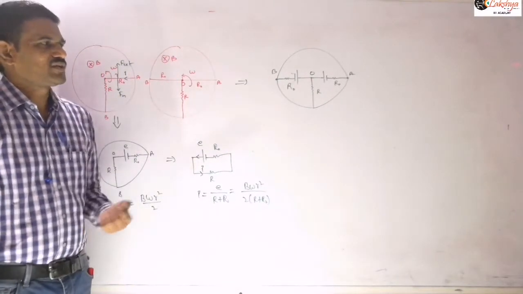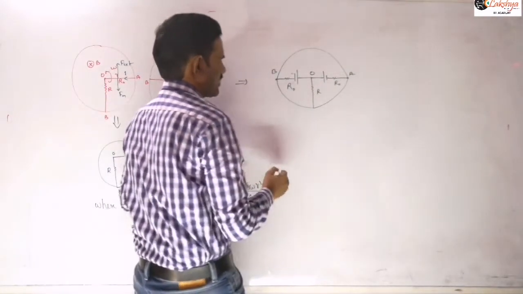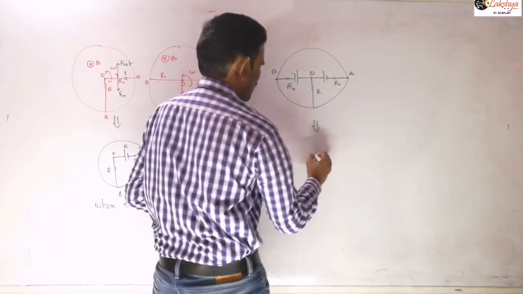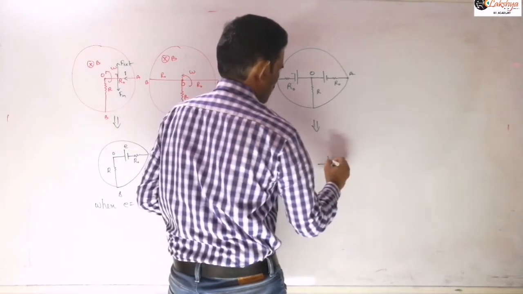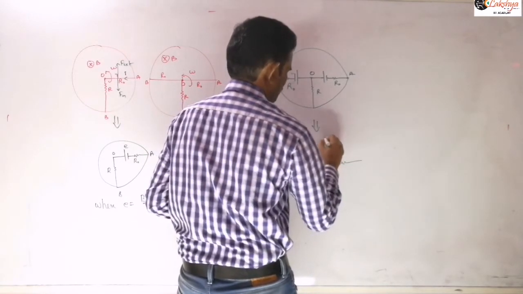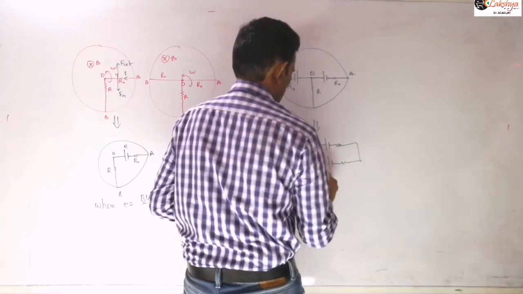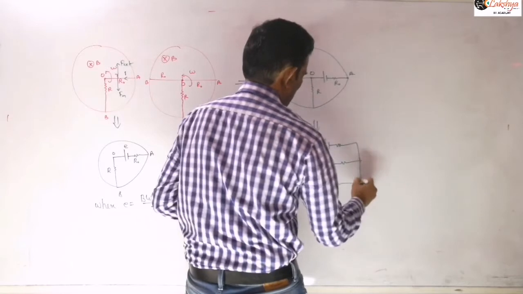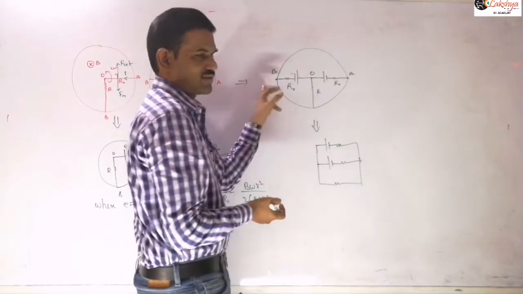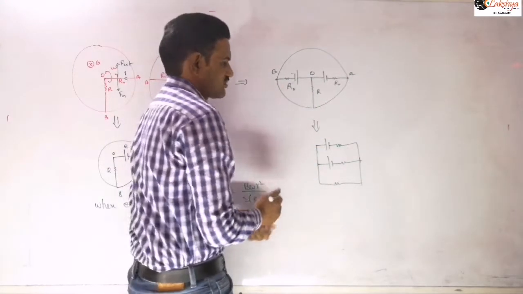Now we can convert that into an equivalent circuit, right? I can convert this as these two cells I am joining like this. I can redraw this circuit as, this is a point O, then I draw this circuit like this, and another cell is connected here. Then in parallel with that we can consider this other resistance, this common resistance, so that one end is connected here and the other end is connected here. These 2 points were joining, so this point also can join here. So now this will be the equivalent circuit.